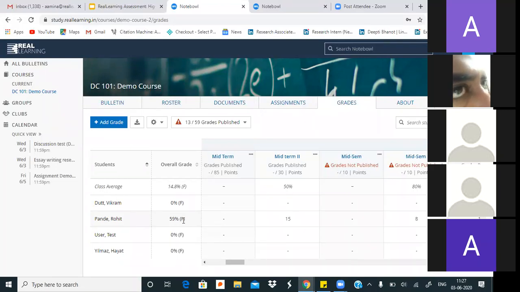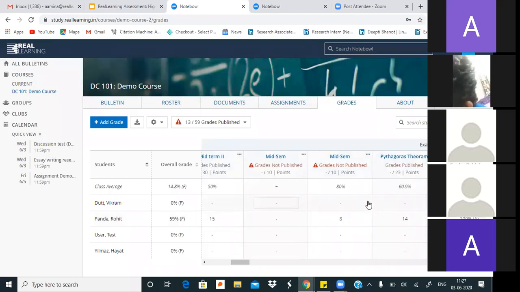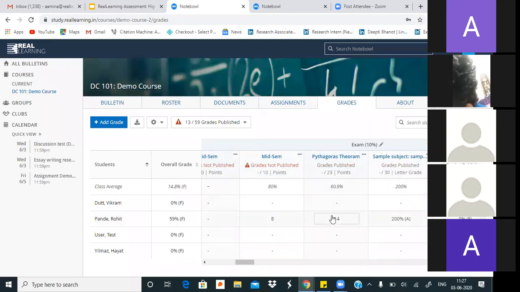And this is the grade that he is getting. If I want to see individually how the students are doing for each assignment, I get to see that comprehensive view too. So teachers have a lot of evaluation tools they can use. The other thing teachers can do from here is edit the categories of the assignments that appear in their grade books.